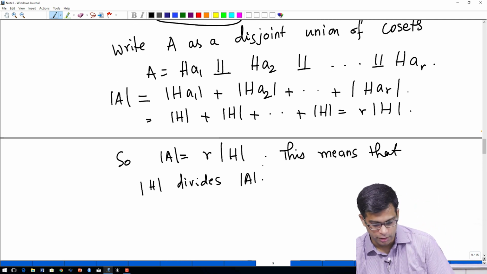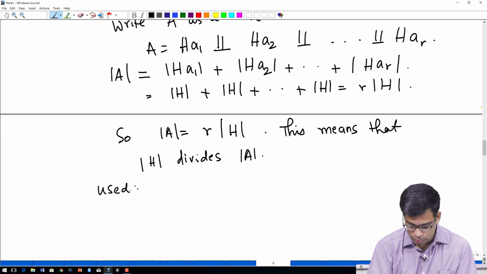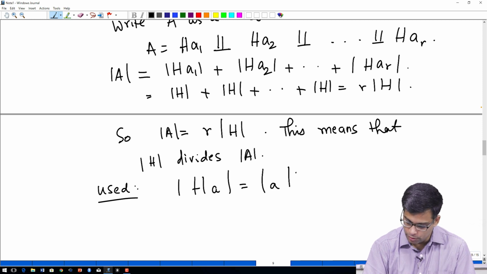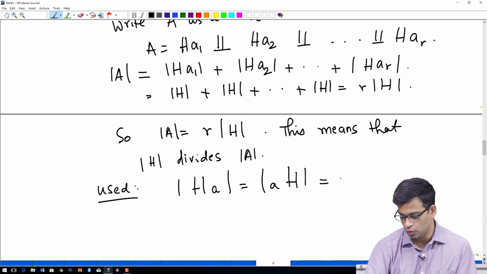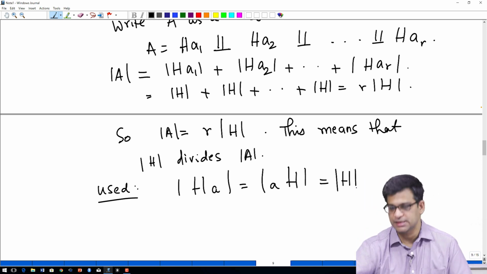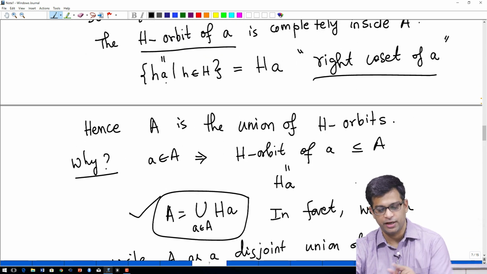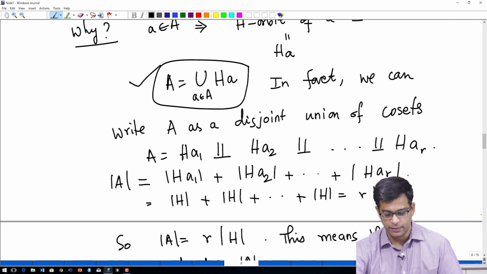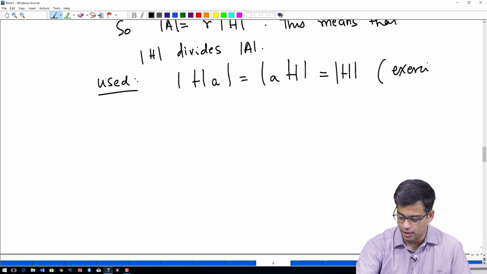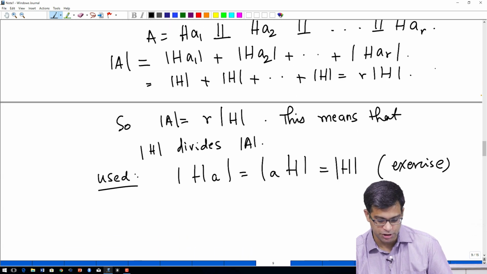This is the meaning of dividing, and here we are only using the fact that if you take a coset of a subgroup, left or right, it does not matter, the order is the same because it is a group property. Small h a, as you vary h, will have as many elements as there are elements of capital H. So this is an easy exercise that we have done in the previous videos. So this proves the proposition, right.